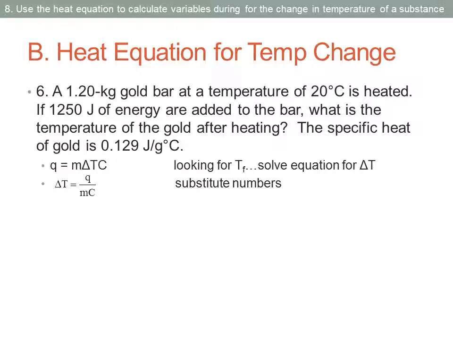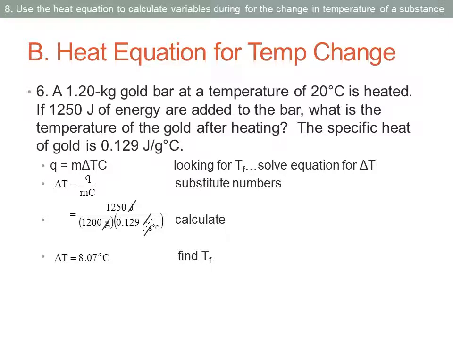At this point, we can substitute in our values. So Q, again, that's the heat that is absorbed or released, or the energy, however you want to think about it. That is 1250 joules. The mass of the gold is 1200 grams. Now notice I'm writing this in grams because our mass unit on the specific heat is also in grams. If I left this as 1.2 kilograms, that wouldn't work very well. And then C, the specific heat, I've just plugged in the value given to us there. So now we can plug it in our calculator, and you can see the units cancel to leave us with degrees Celsius. So the change in temperature is 8.07